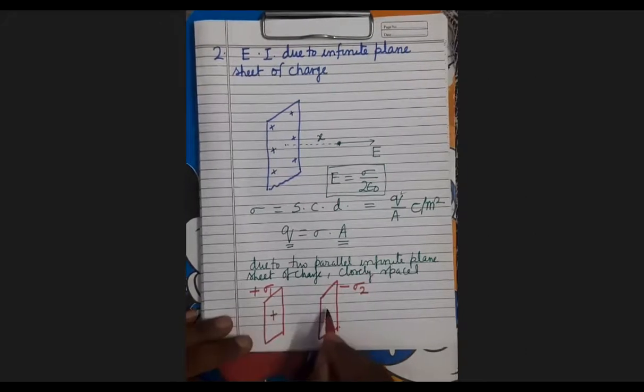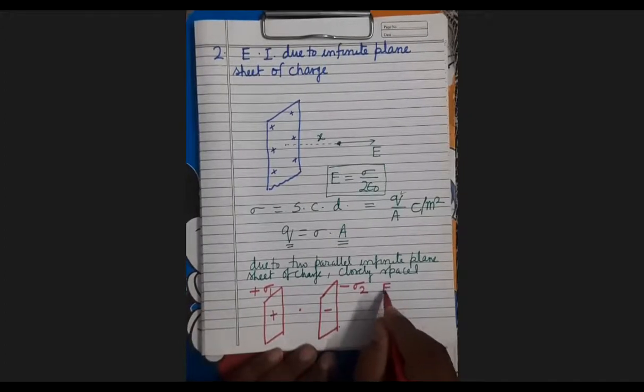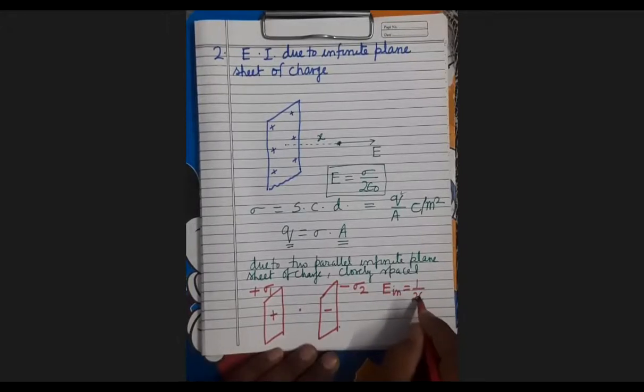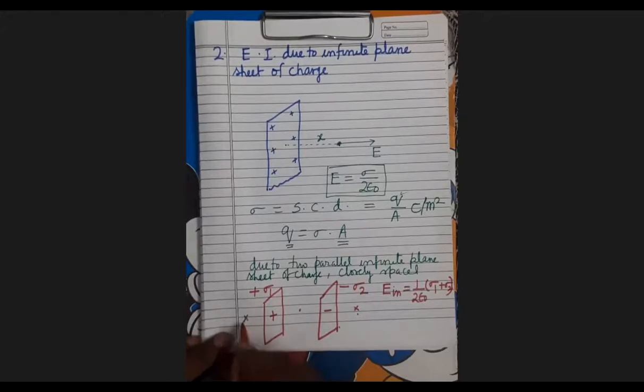Here it is plus and here it is minus. So see here what will be E at an inside point. I have told that at an inside point it will be 1 upon 2 epsilon naught times sigma 1 plus sigma 2. It's clear. And at any outside point, means outside the plates,